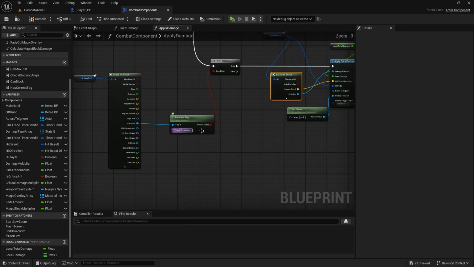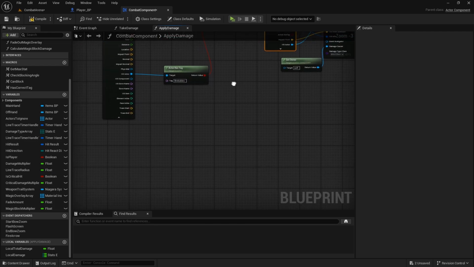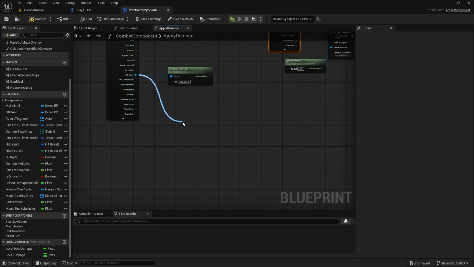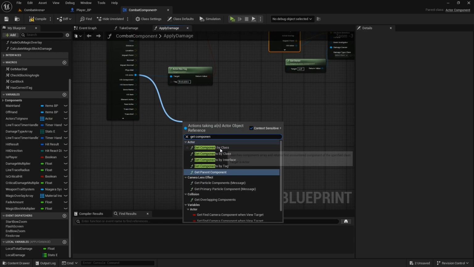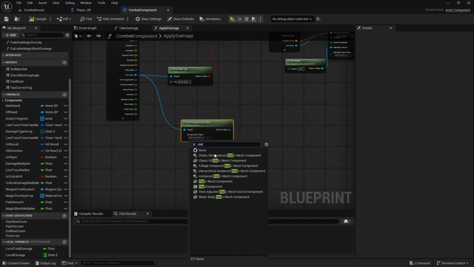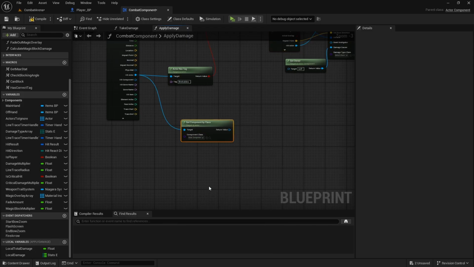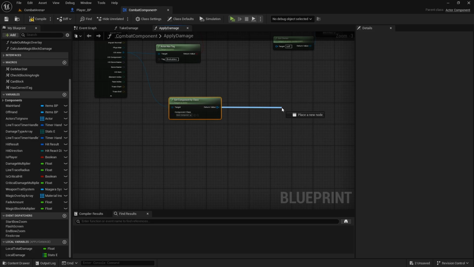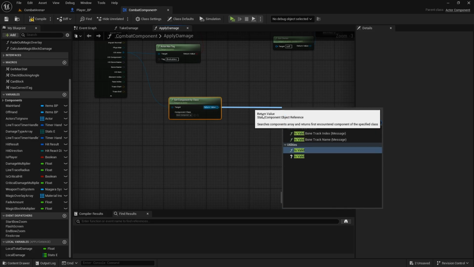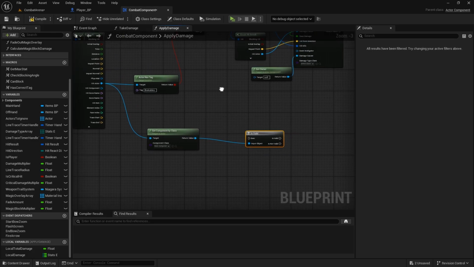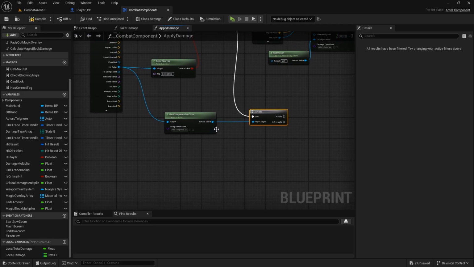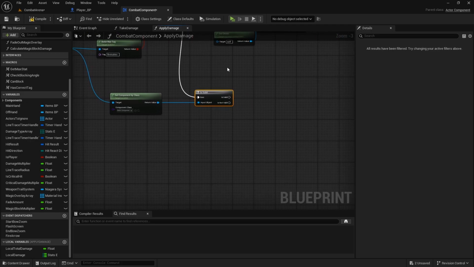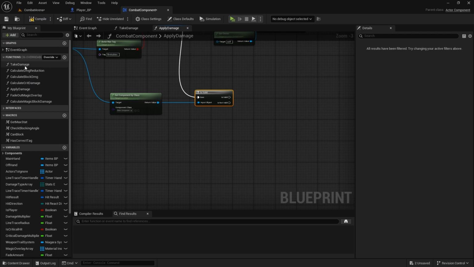If it's not breakable, that means it's an enemy. We're going to, from hit actor, get component by class, and this will be stats component. We're going to check if it's valid, just in case, because I know there's been some error if you didn't check the validity. And if it's valid, we want to take damage, which is our function that we have set up,